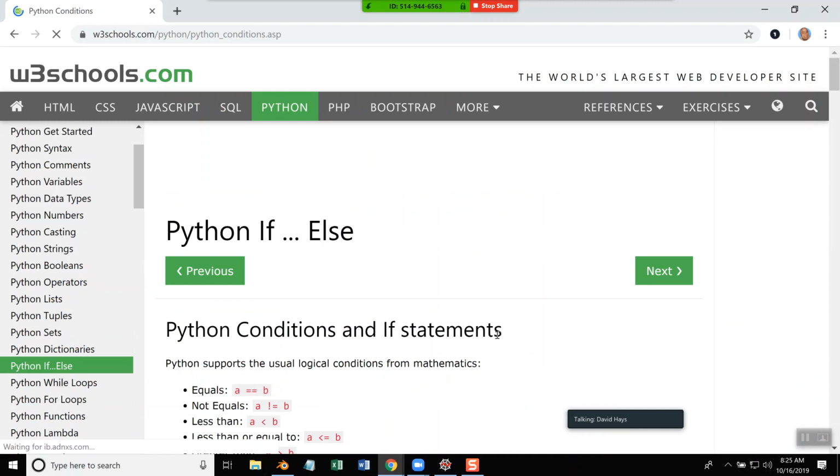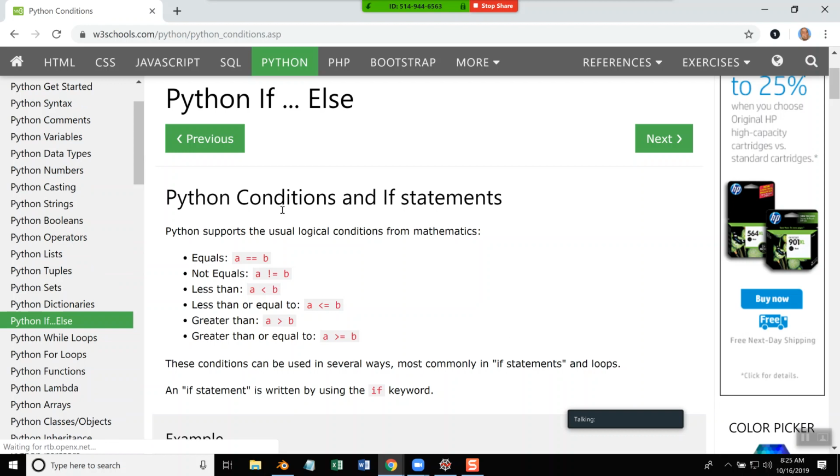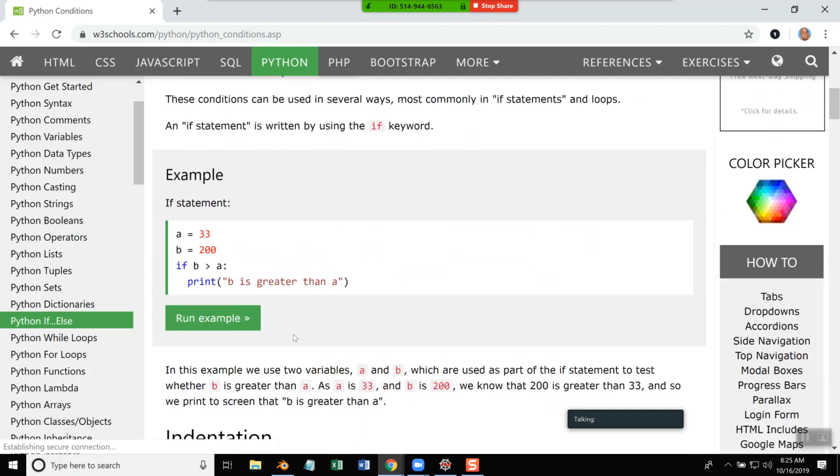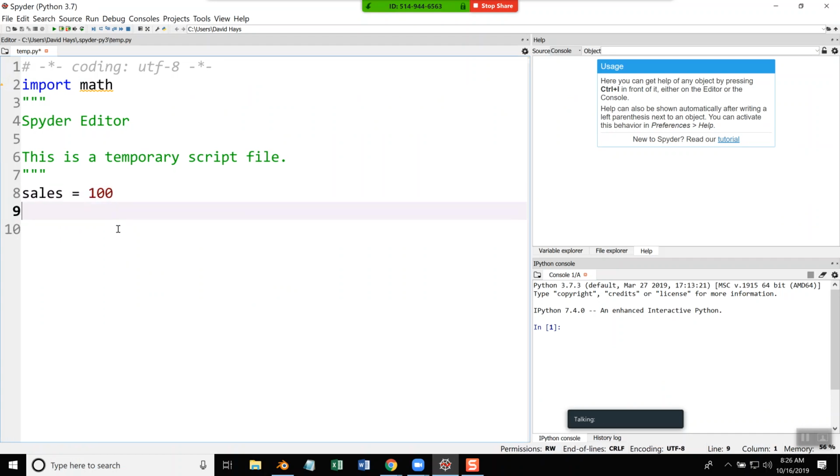Okay, let's go down to the examples. And we've got all of our operators like we talked about. And as we indicated earlier about our if statement, this is the format of it. So for example, if sales equal to 100, costs is equal to 50, and